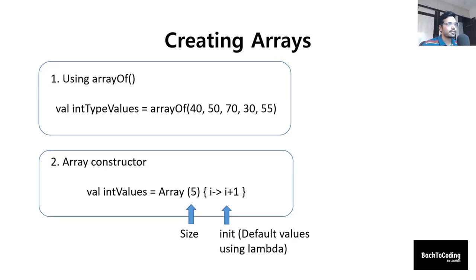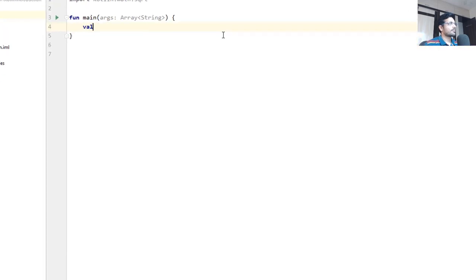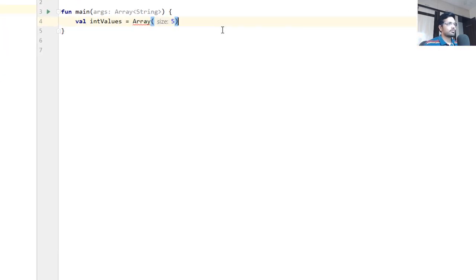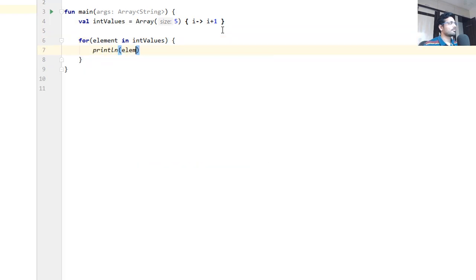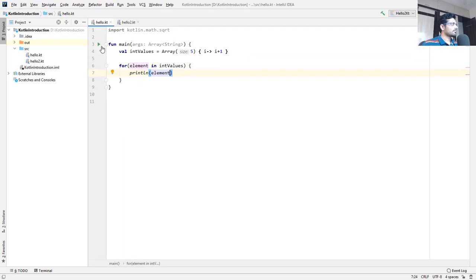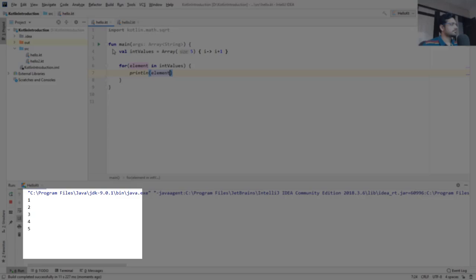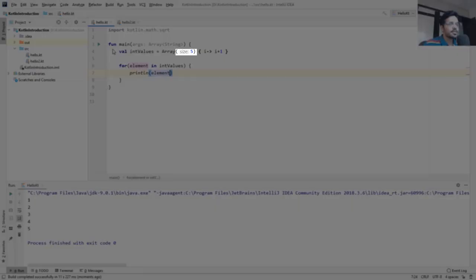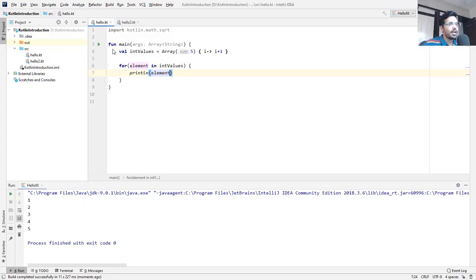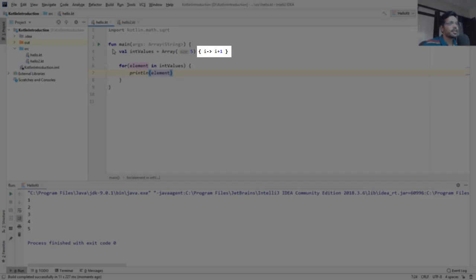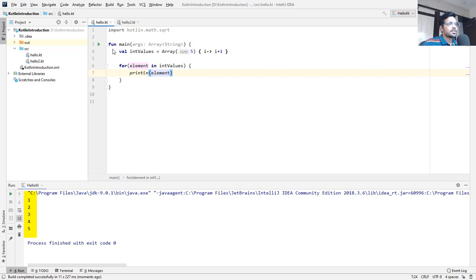Let's see it practically. Here the first parameter defines the size of the array, and in the second expression we initialize our array with default values using lambdas. The values here are starting with 1 till 5.